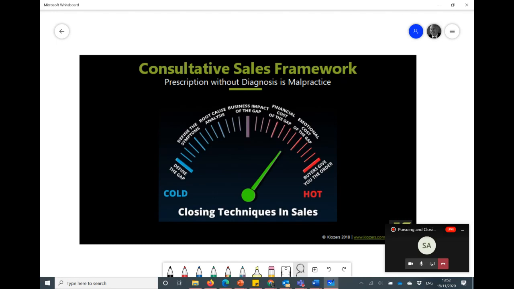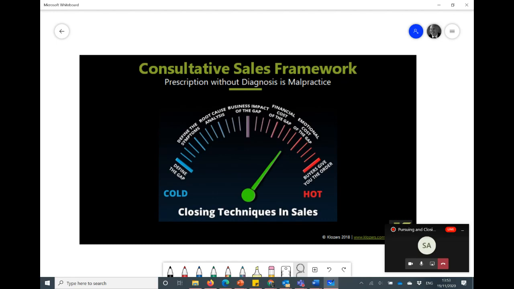We need to slow the sale down. As we talk about the symptoms, we need to move on and do what we call a root cause analysis, to make sure that we're addressing the underlying cause of those problems. Once we know the root cause, we need to understand how it is impacting your business, Mr. Customer. If it is impacting the business, there'll be a financial cost to that impact. Any price that we give them before we work out the cost of the impact is going to be too expensive. And the last one is the emotional cost.